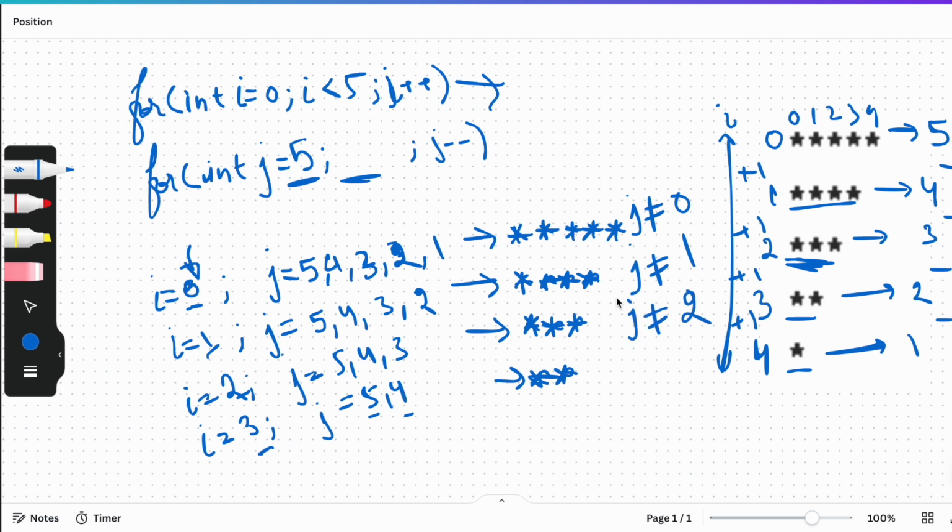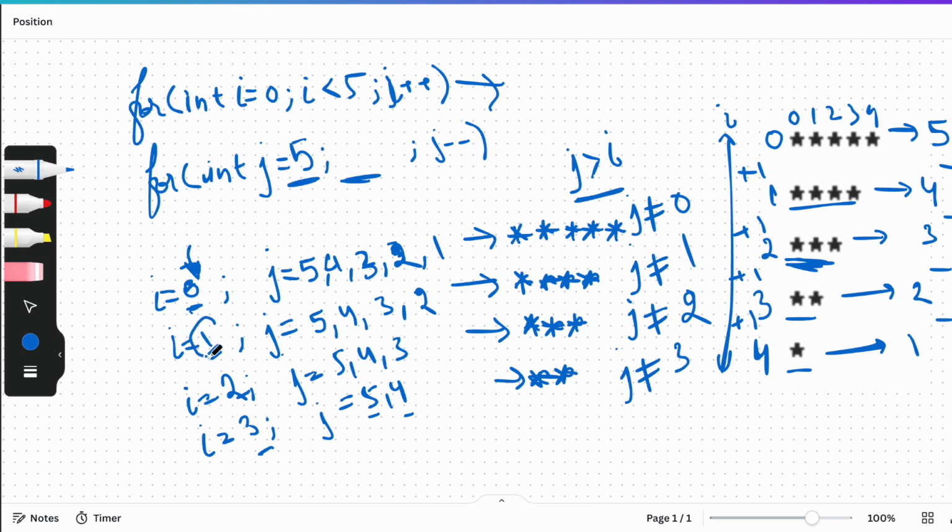For i is equal to 3, j is not equal to 3. That means for a particular value of i, j will always be greater than i. Listen once again: for a particular value of i, j will always be greater than i,